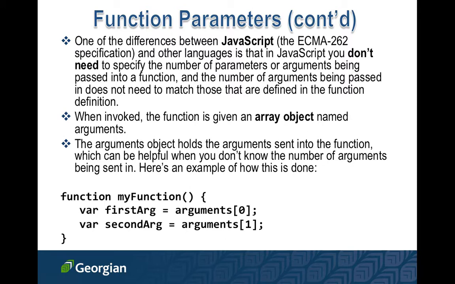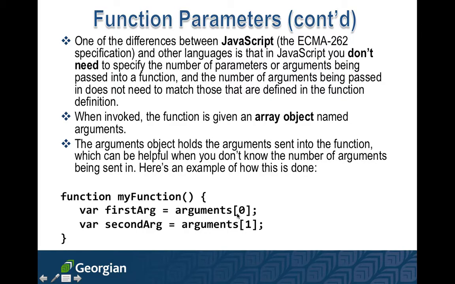JavaScript implicitly creates an array of parameters for you, whether or not you send parameters in there, which is sometimes good and sometimes bad, right? Which means whether or not you send it in there, you can set something else. There's an arguments array that automatically is set up for you, that's 0 indexed, and you can actually set up variables for this. So for example, my first argument and my second argument is equal to the arguments array, which is built in,